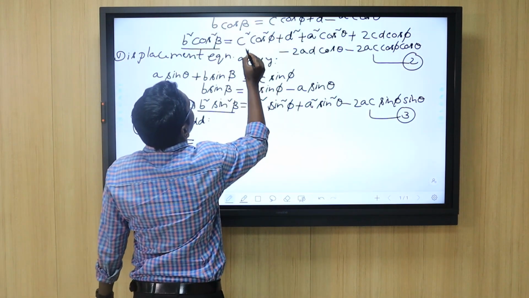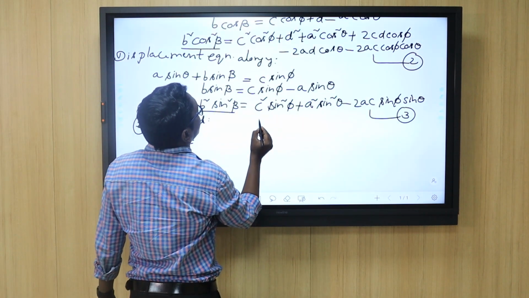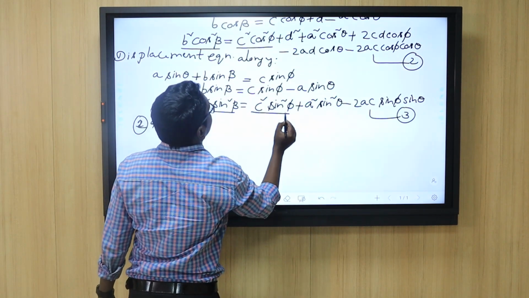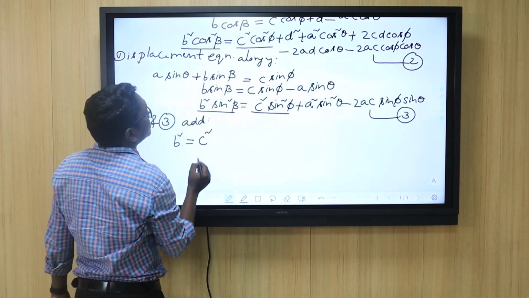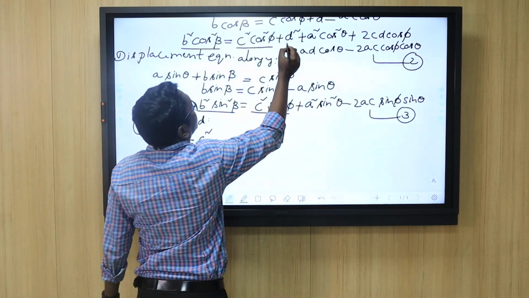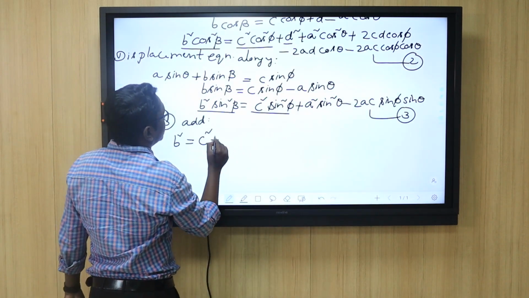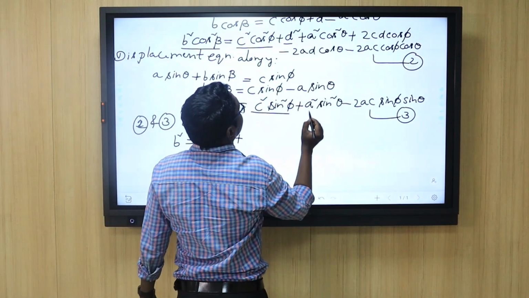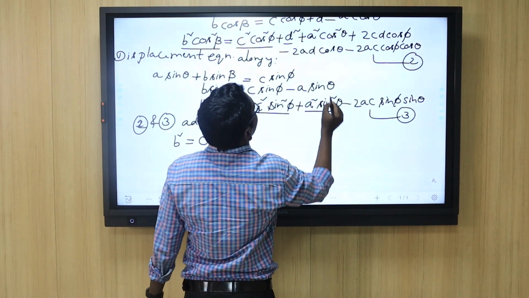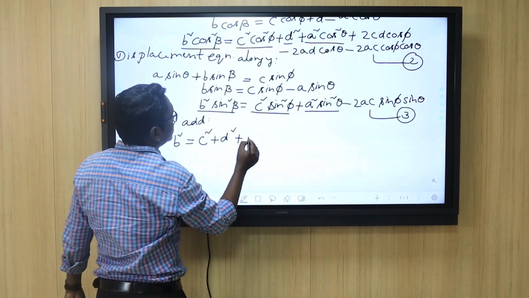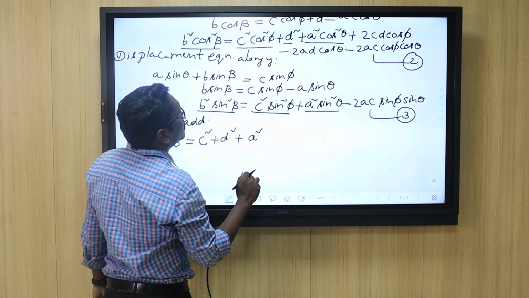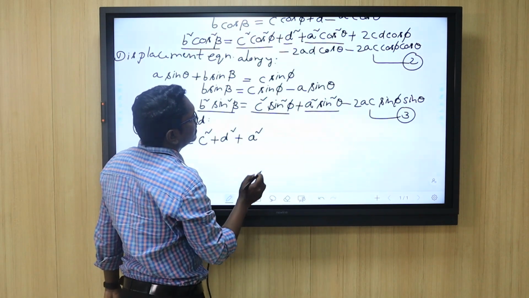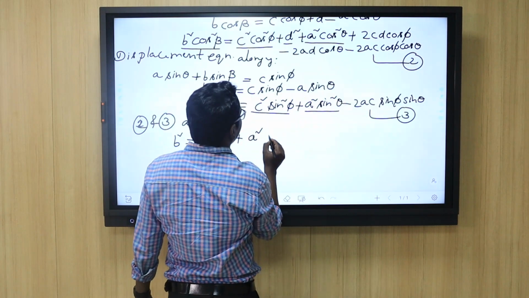On the right side, c square cos square phi plus c square sin square phi, by adding we will get c square. Next, d square, plus a square cos square theta plus a square sin square theta. Add these two, then we will get a square of cos square theta plus sin square theta. It is nothing but a square, right? So next thing is plus